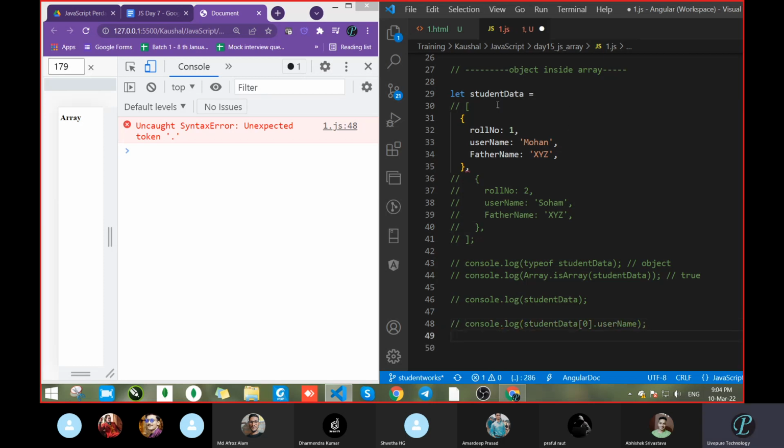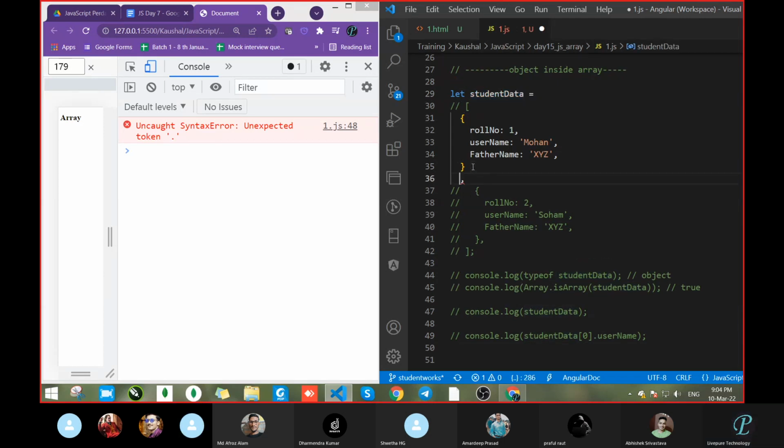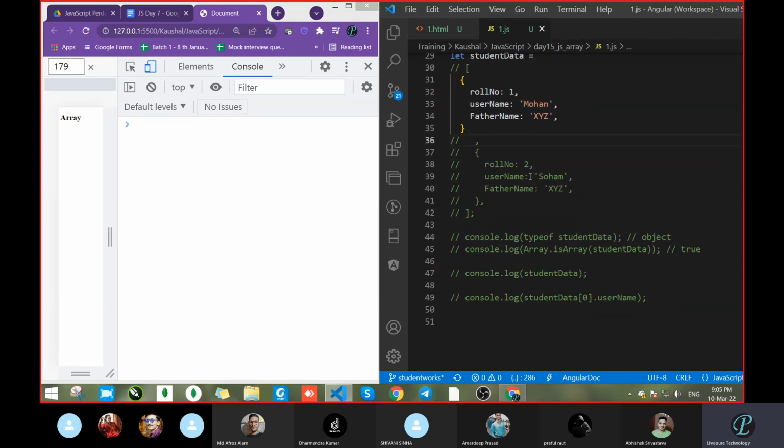We have only one object, and what is the name of the object? Due to a comma, an error is coming. What is the name of that object? Just studentData. I commented all the lines. Now tell me how we can access this data, username or father name.